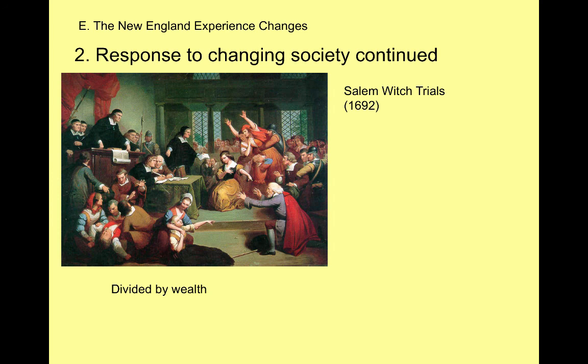So what happens is the trials start when there was a group of girls who were spending the night at one of their friends' houses, young teenage-ish girls, and one of the servants of the parents who were having this kind of slumber party, if you will, she was a slave from the West Indies, and she knew voodoo. And so the girls were interested in what this was about, and so they found out about voodoo, and they got very scared when they were experimenting with this, and they were afraid that they were going to get found out. And so they did what a lot of young people do.